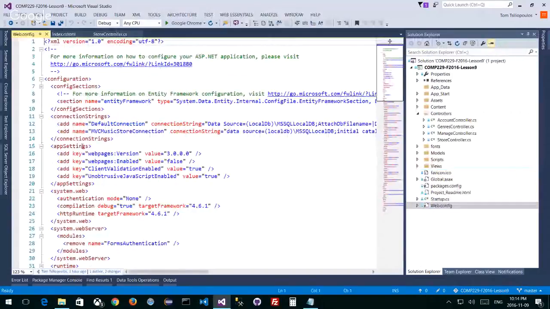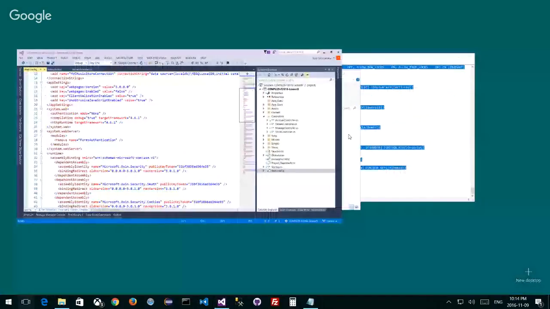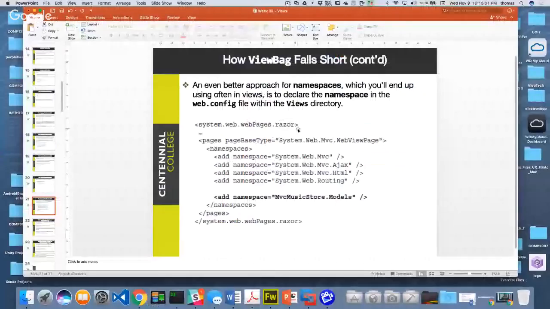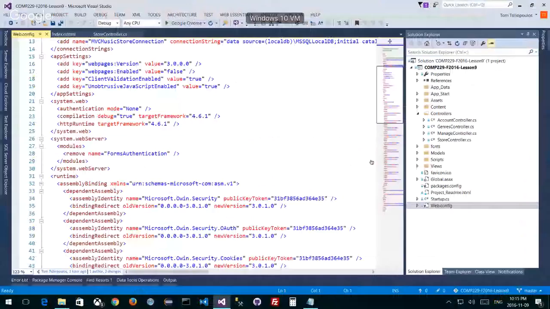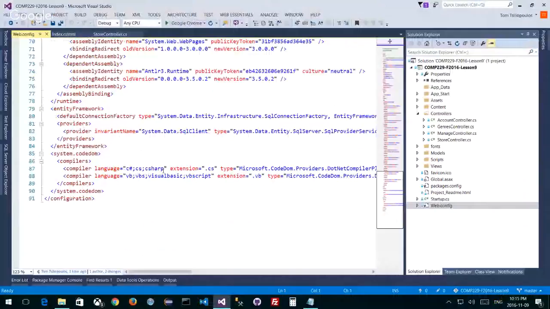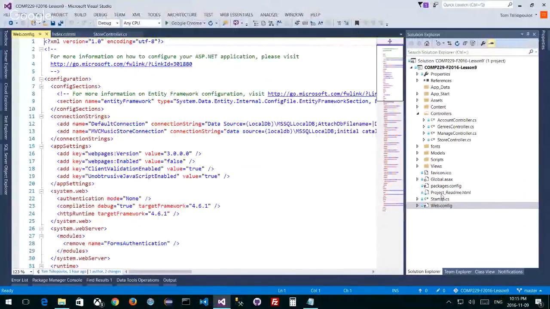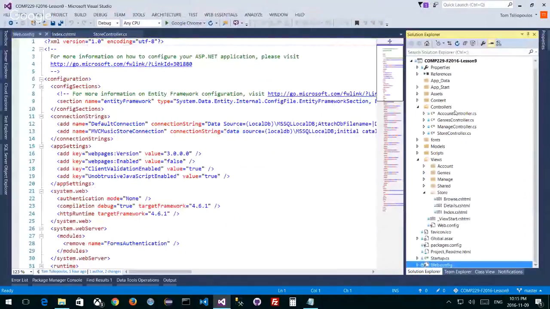App settings, right? And notice that inside of our document, it's inside system.web.webpages.razor. Page base type is system.web.mvc.webviewpage, right? But do you see pages in here anywhere? Right? Here. Because there's two web.config files. There's one that's for our application, and there's another one for all of our views. And if you go to the one for all of our views,